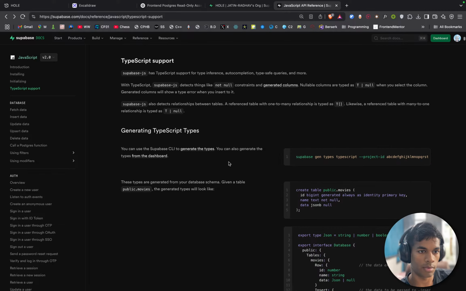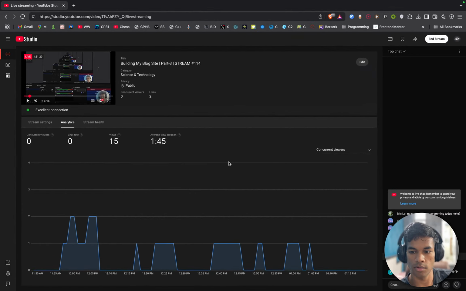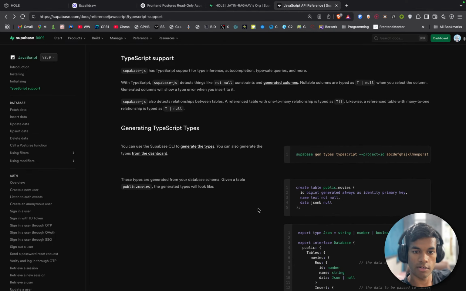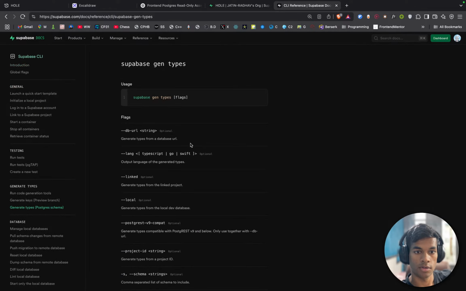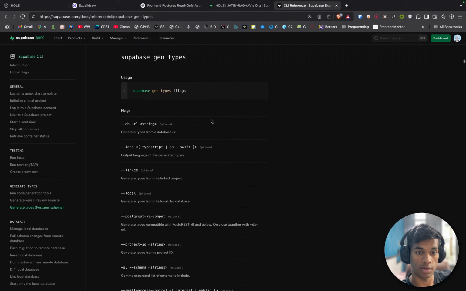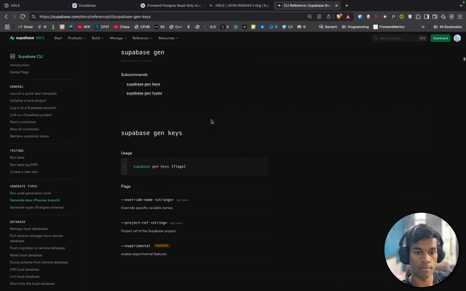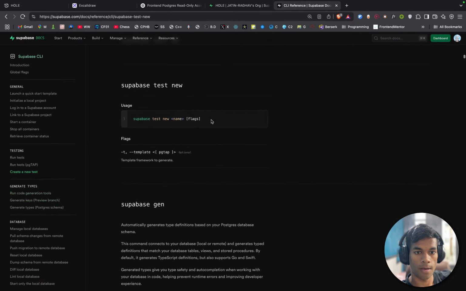Generate types, but I am unable to generate types. It will generate something like this. CLI to generate the types. Supabase generate file.